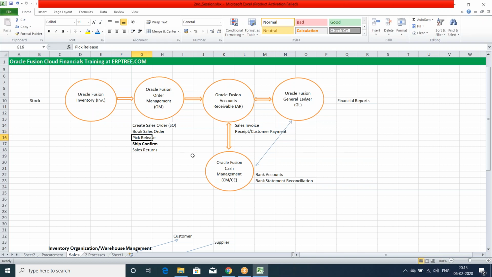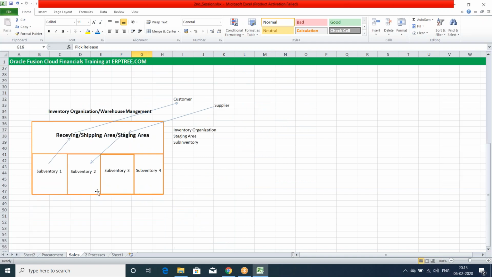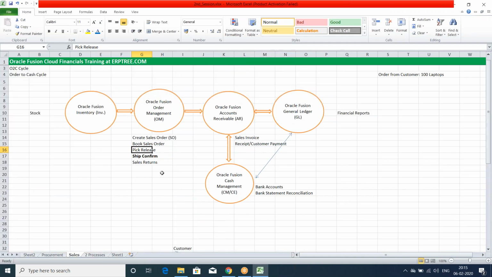And the next task is picking, the pick release. Whenever we pick the material from sub inventory and place it in the staging, that we call pick release. It's nothing but moving the material from sub inventory to staging, we call pick release. Whenever we move the material from our inventory to the customer location, that will be recorded as a ship confirmation. Whenever the customer is going to return the material back to us, we can record that as a sales return in